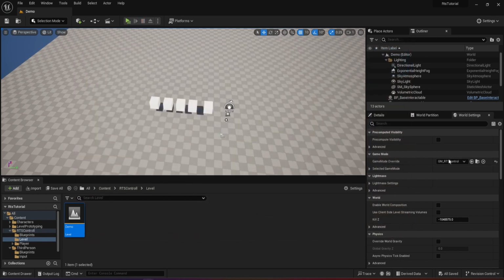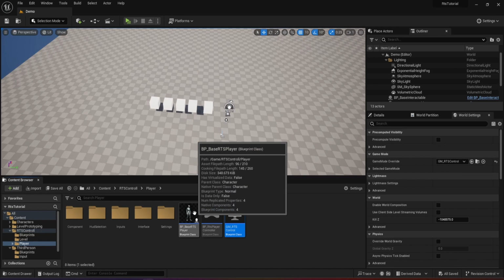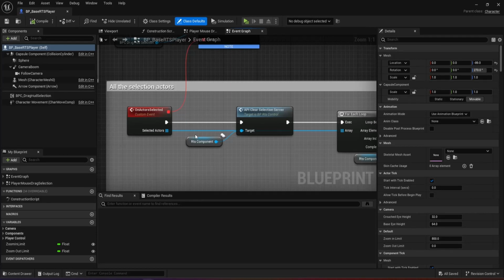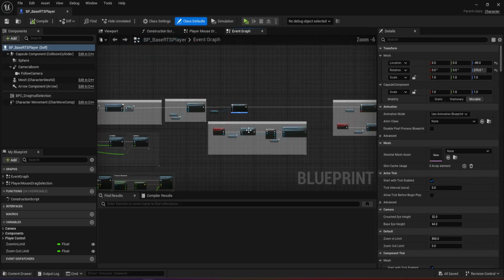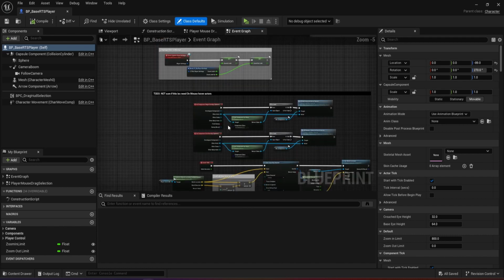So to start this, we're gonna go to our player folder here. And I'm gonna open up my player here. They open up on my other window. Let me just write it here. Alright, so what I wanna do here first is I wanna make sure that